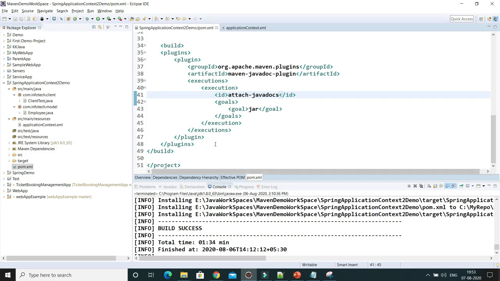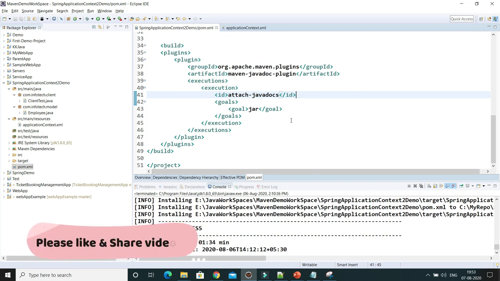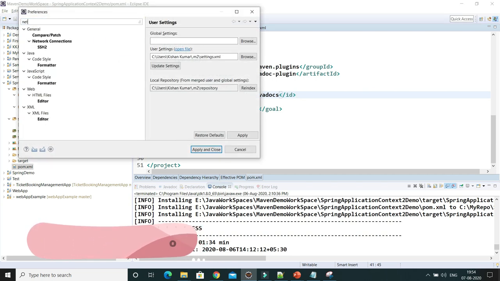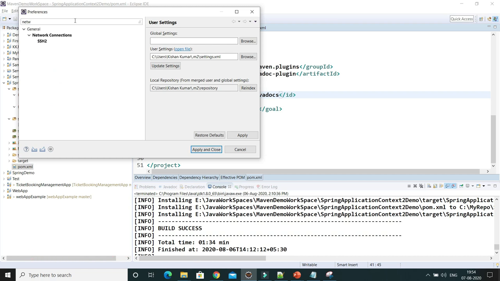Let's say you are building a project in Eclipse and you don't want to modify settings.xml. Then you can achieve the same through Eclipse itself, where you can configure your proxy server related settings. For that, go to Window Preferences and type network.